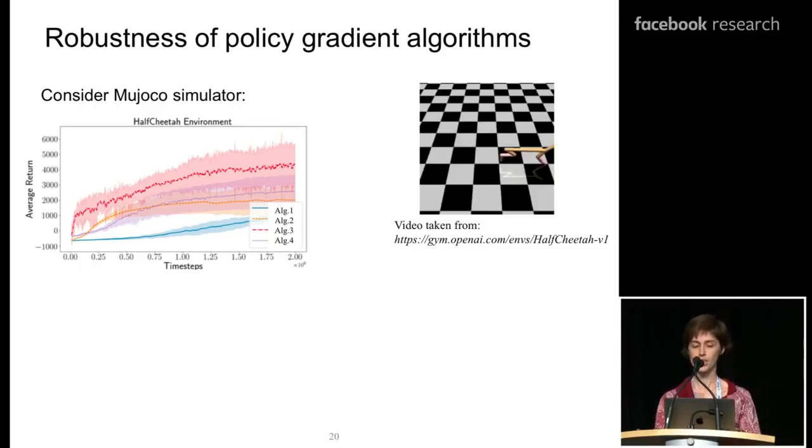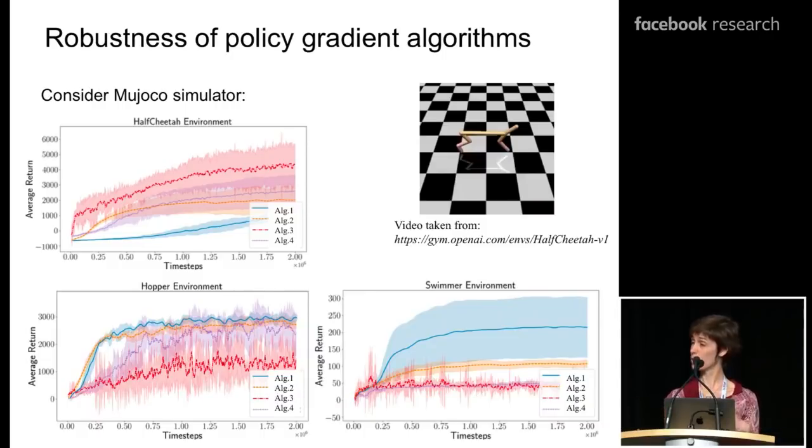For this particular half cheetah environment, we train the 4 baseline algorithms. We'll call them algorithm 1, 2, 3, 4, and identify them by their color. For this particular setting, algorithm number 1 seems to be doing quite well. From this result, if you're trying to propose a new policy gradient method, it seems reasonable to use the red algorithm as a good baseline to compare your algorithm to. Now, if I do the same thing in 2 other MuJoCo environments, the hopper on the left and the swimmer on the right, the results look really different. All of a sudden, the best baseline seems to be algorithm blue.